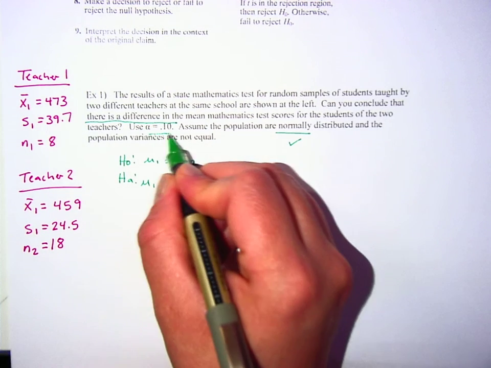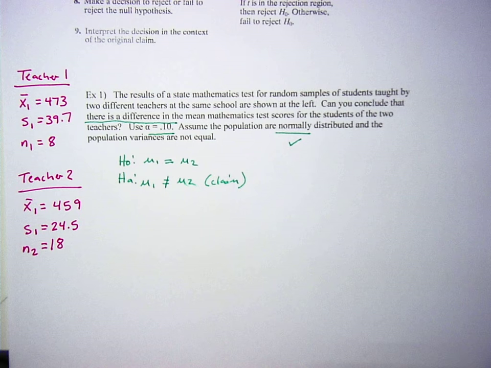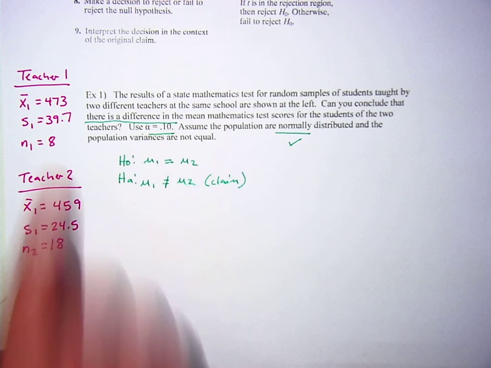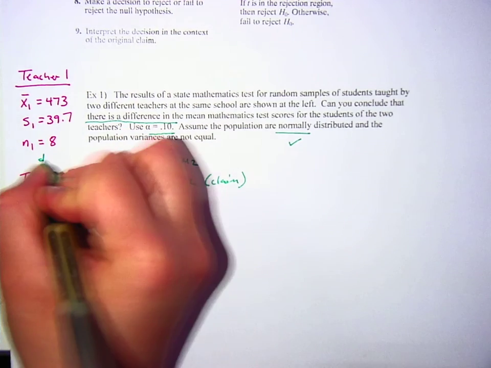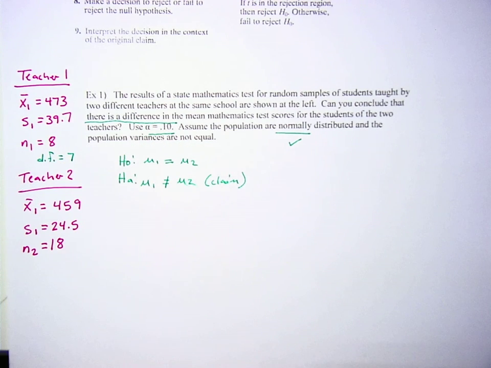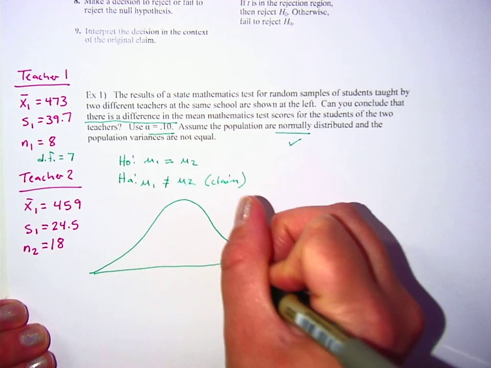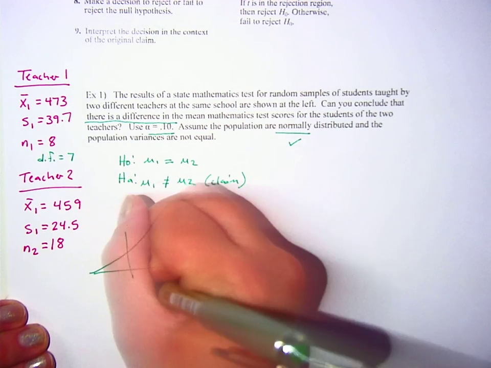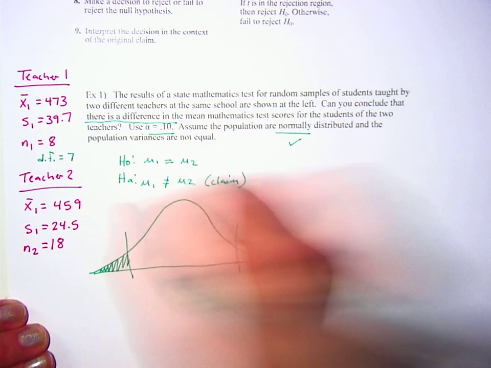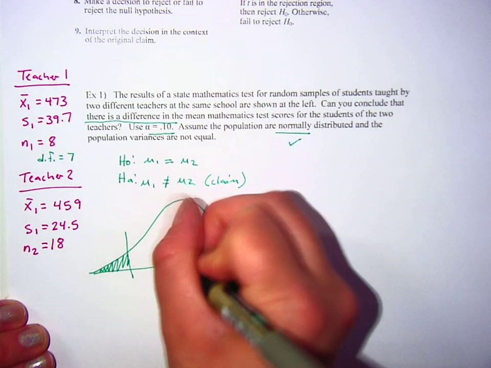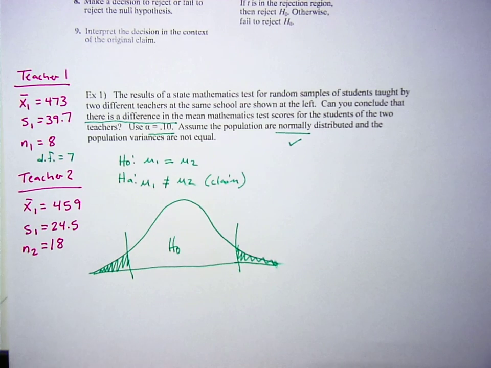Okay, next we have to identify the level of significance. That is alpha equals 0.1, 10%, and the degree of freedom. Okay, so we need the smaller of n1 minus 1 or n2 minus 1. The smaller one is definitely 8. So I'm going to write down that my degree of freedom right here is 7. Alright, next thing I'm going to do is draw a picture and draw my rejection regions and critical values. I know it's a two-tailed because it's a not equals problem. And then if I look up on A18, and if I look